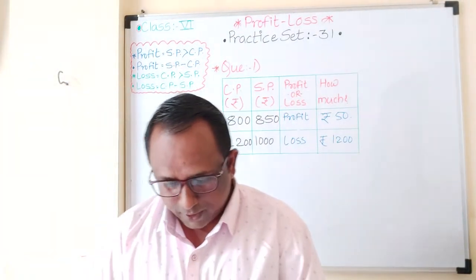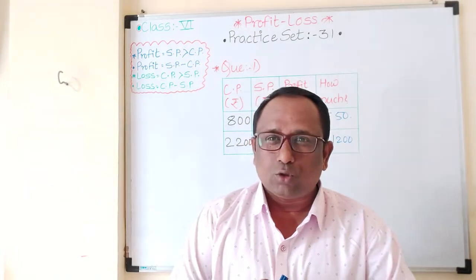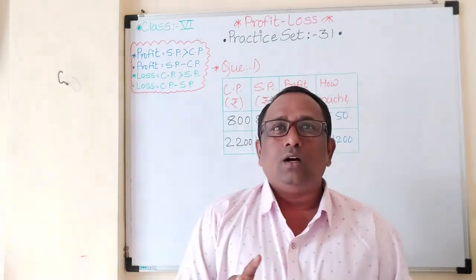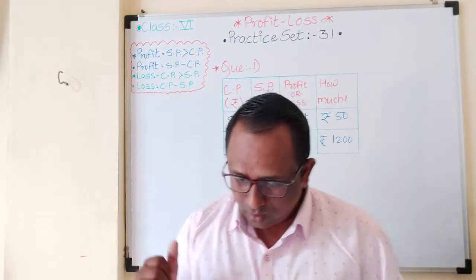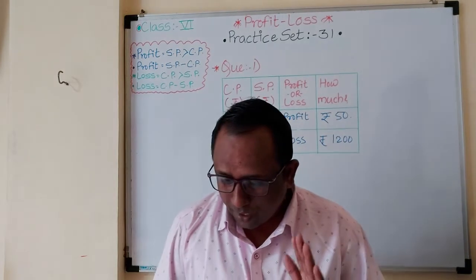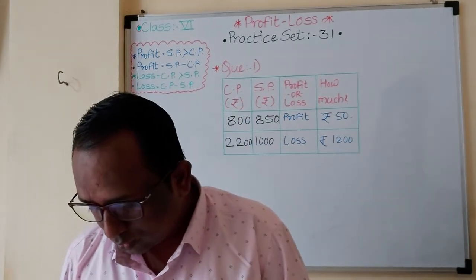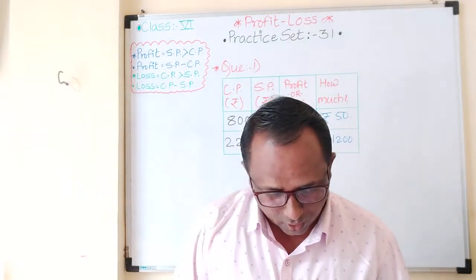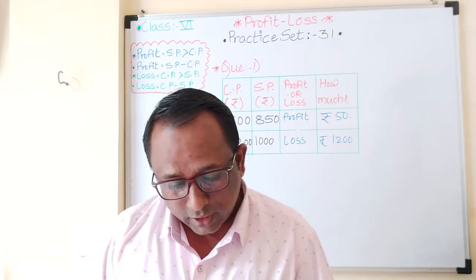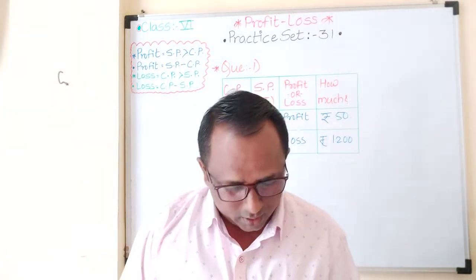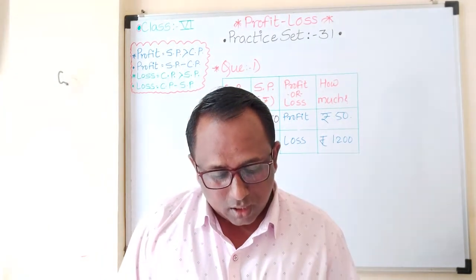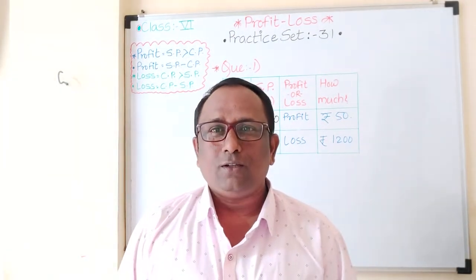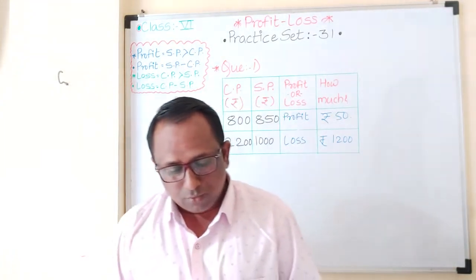Now the second example, students, you have to solve. I'll only explain orally. I think second, third and fourth you solve; fifth, sixth, seventh we will solve. Now the second one: a shopkeeper bought a bicycle for rupees 3000 and sold the same for rupees 3400. How much was his profit? Orally you can say 3400 minus 3000, so obviously the answer is 400.